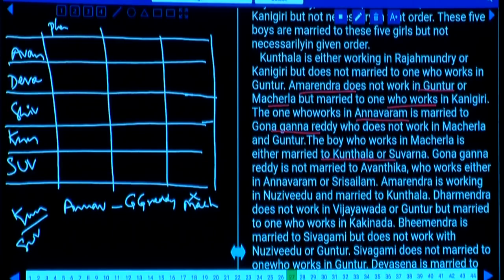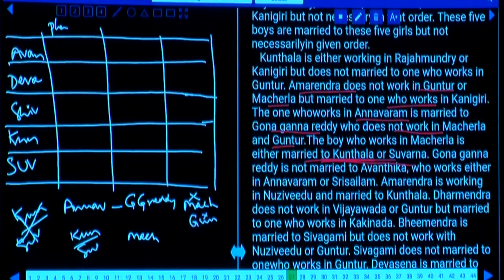And Machalla is married to either Kuntala or Suvarna. And the one who works in Annavaram is married to Gonagannareddy. Gonagannareddy does not work in Machalla and Guntur. This person is not working in Machalla and Guntur. Now I am talking about the boy who works in Machalla. The boy who works in Machalla is either married to Kuntala or